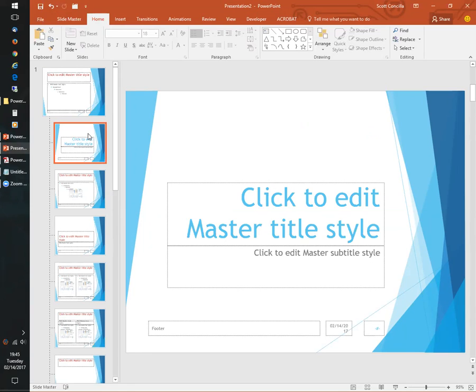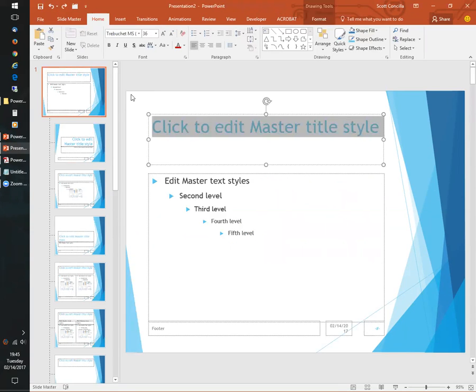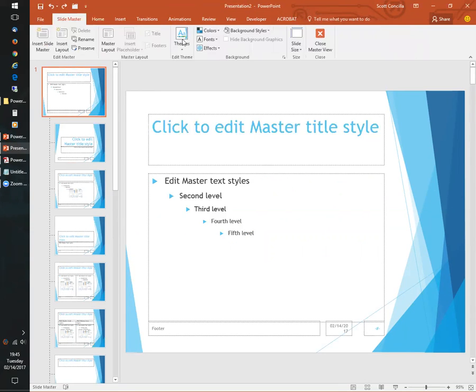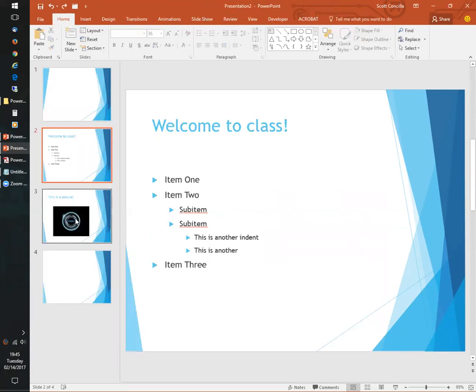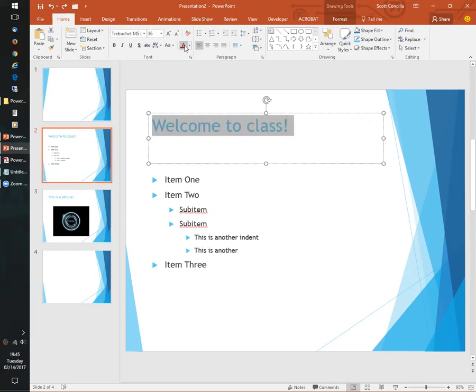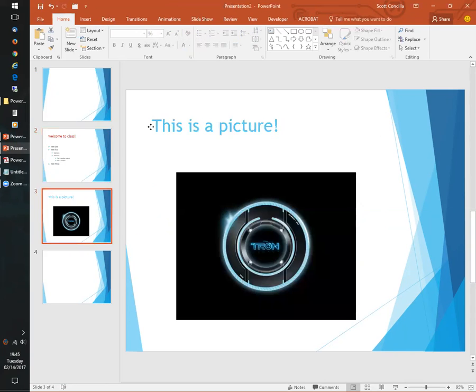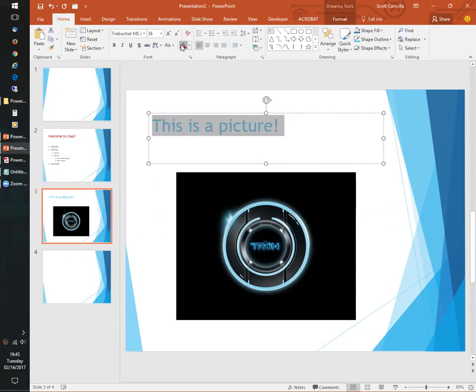Unfortunately, that's just kind of how it is, but the cascading nature of it does eliminate a lot of that work. Sue, coming back to your question, what we really are trying to avoid here, let me undo a couple of things, is people tend to do this in their presentations, and they get into a rut. They're like, well, I really like this layout, but I don't like that this is blue. So they start coming in here and changing all these individually, one by one.